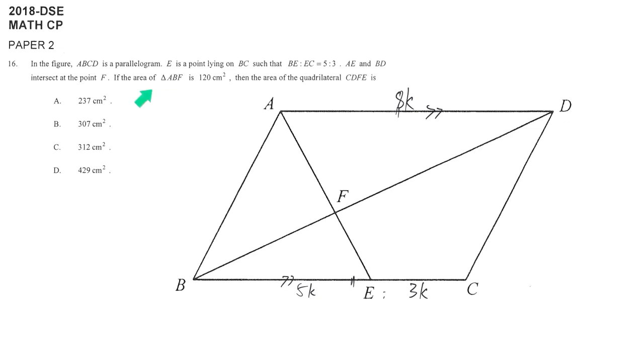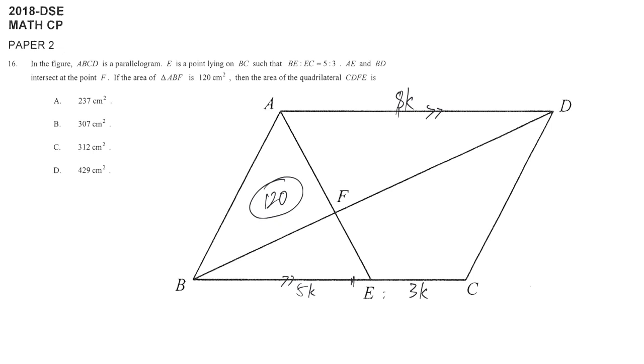And after that, they say that the area of ABF is 120. Usually for the area, I give a circle and then write it down, so I won't mix up the area and the length. We have to find the area of this quadrilateral. Our target is to find out how large this area is. Before we continue,